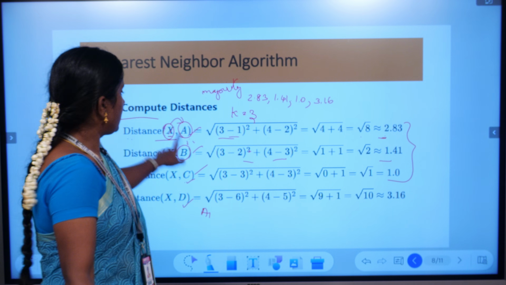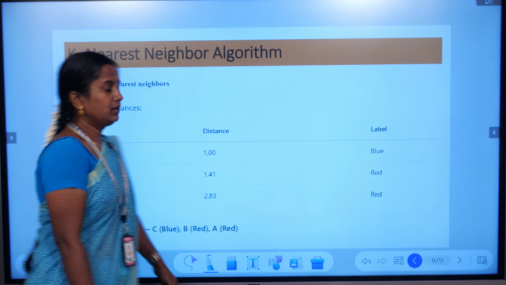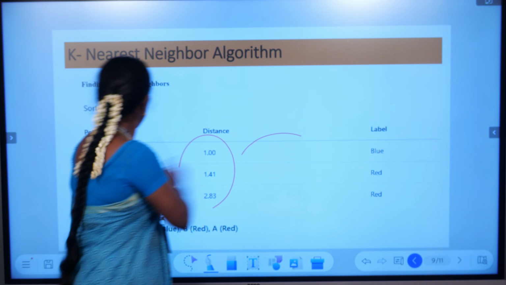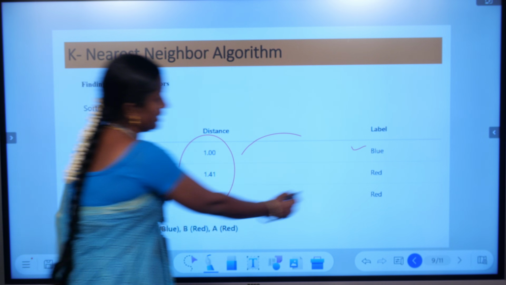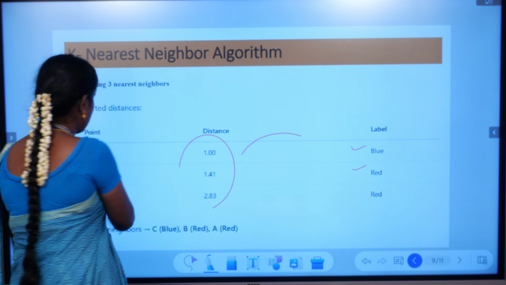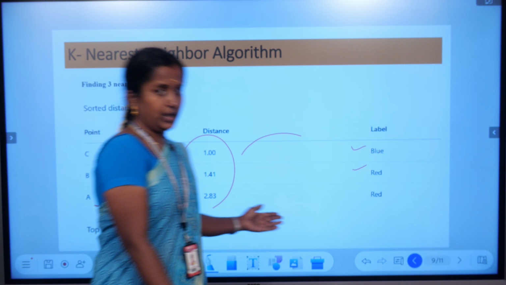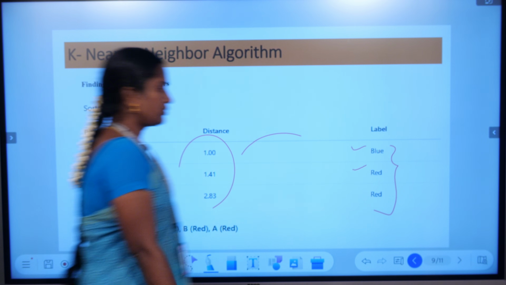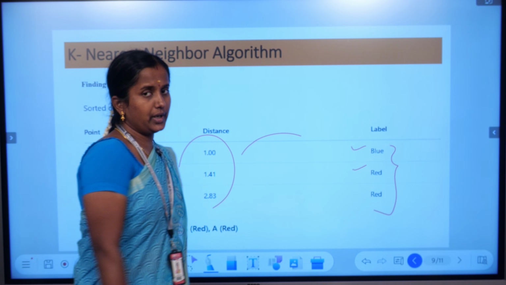So how are they labeled? C is labeled as blue here and B is labeled as red here. Similarly, A is labeled as red. So how can we predict the final prediction? We have 3 different cases now, then we have to go for the final prediction. How can we predict? Based on